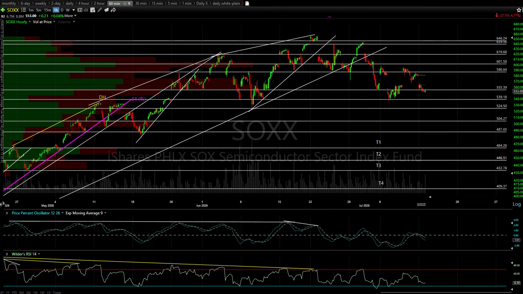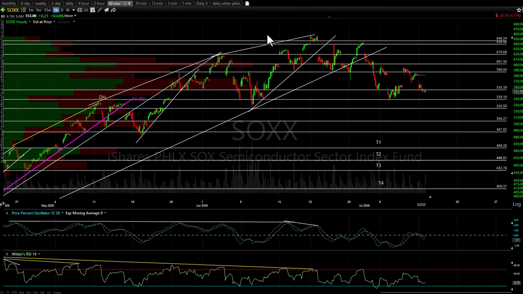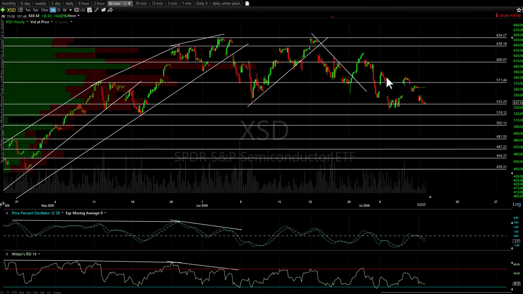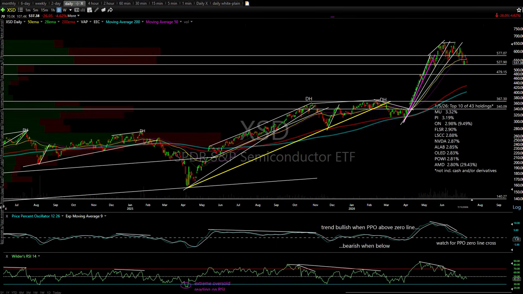60-minute chart, my targets are down here. And it's a lot like the NASDAQ 100, just kind of grinding around sideways there. And I had XSD up on there, but that's just for coverage, really. It's another semi ETF. You can trade it. It's also in this sideways trading range right there. And oh, let's not forget on